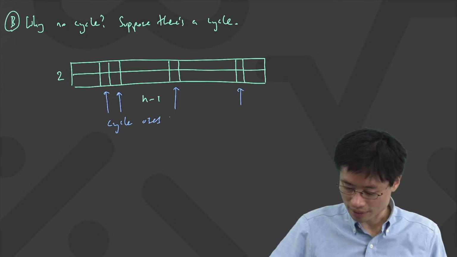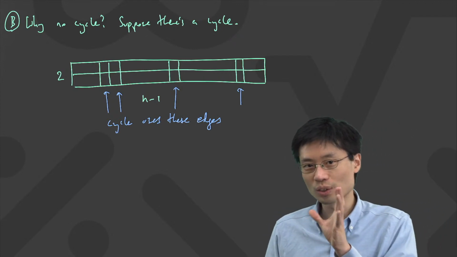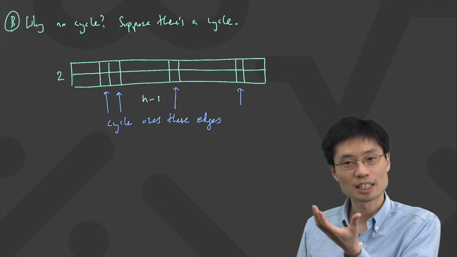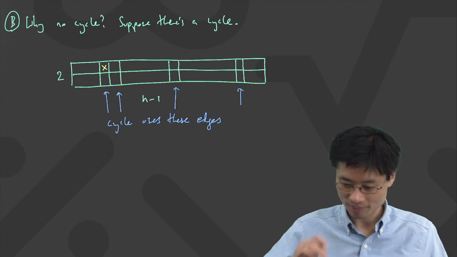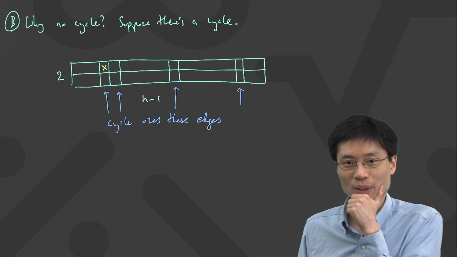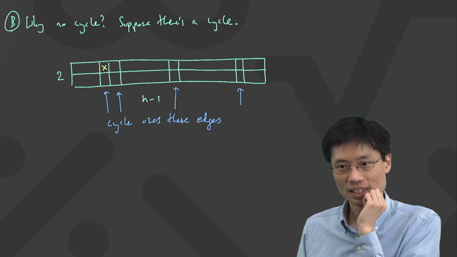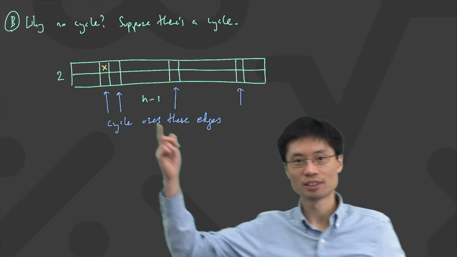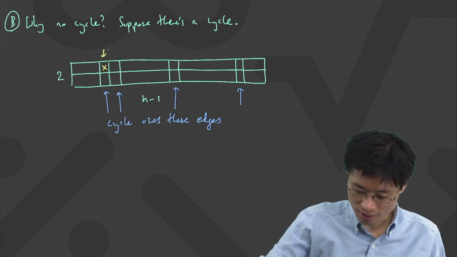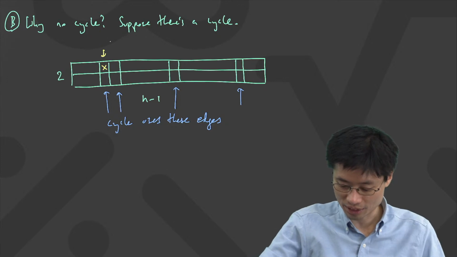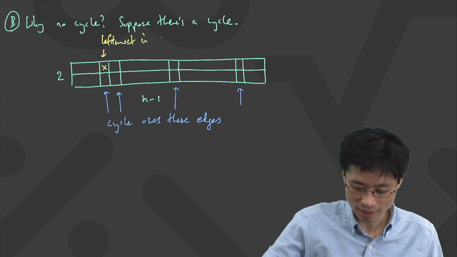Cycle uses these edges. Now my claim is you can use this to show that there's something fishy going on. And this is an example of an extremal type of argument. There's some label here, call it x. I claim there's a little bit of a problem if you go and look at this thing. Suppose there is a cycle using all of these edges, and x happens to be a vertex inside the cycle, because I actually chose the first one. The important thing about the x is this is the first edge, the leftmost edge in the cycle. Leftmost in this table